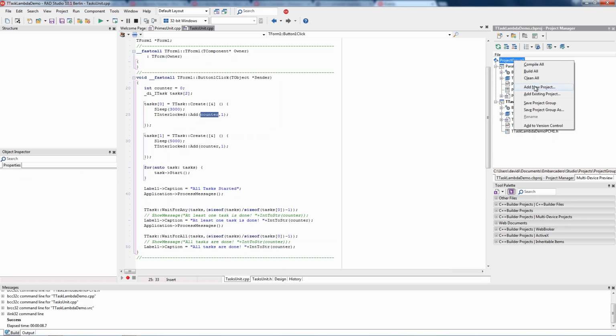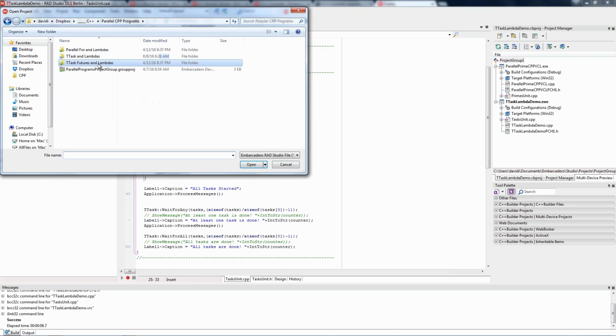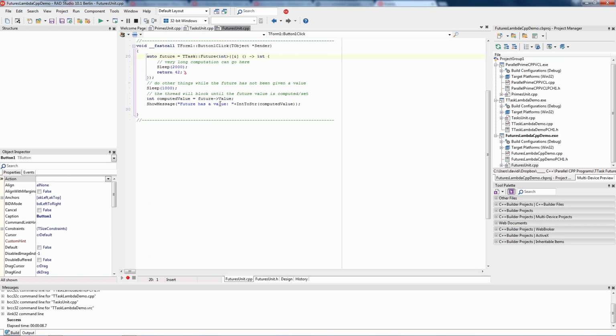Let me add one other existing project. This one is a future. And what a future is, is a way to define a type. So here we say task future. We pass it the type of the value that we're going to wait for to have some value. So by declaring this a future and then we sleep or do some processing for a while,